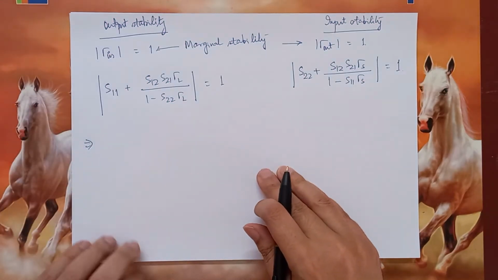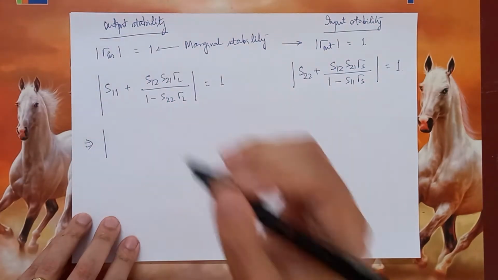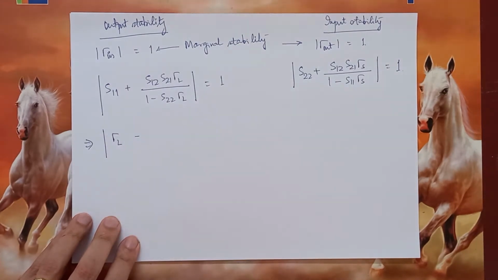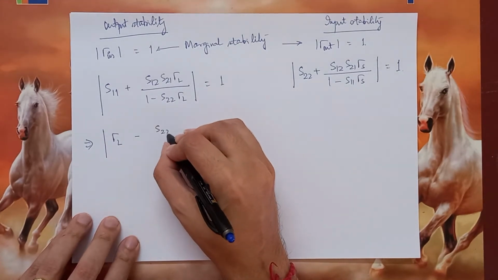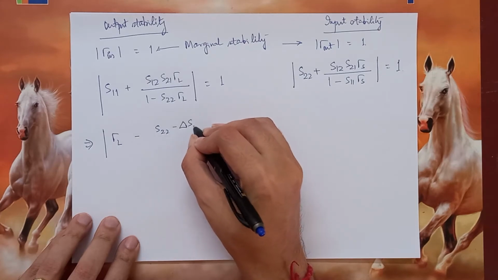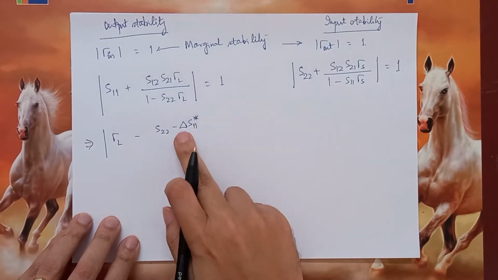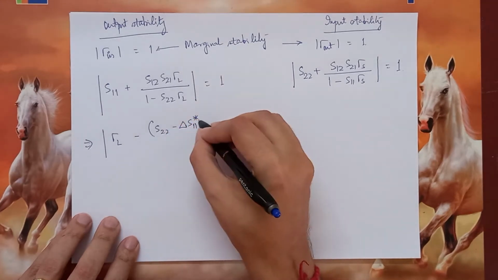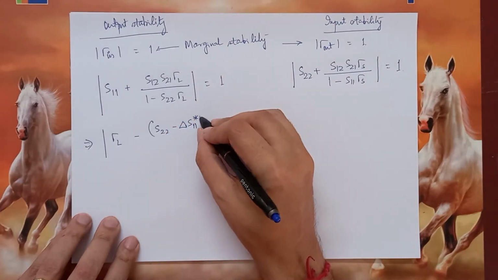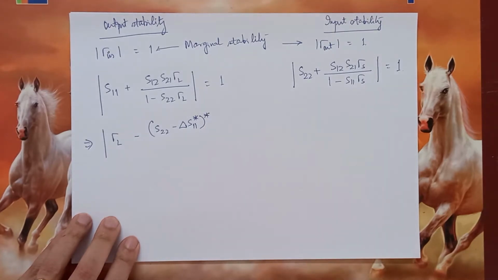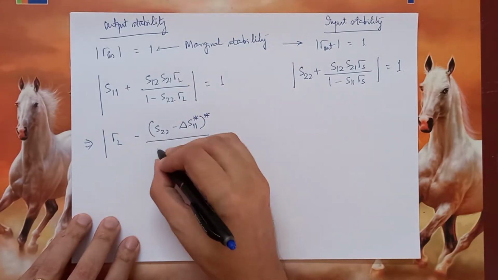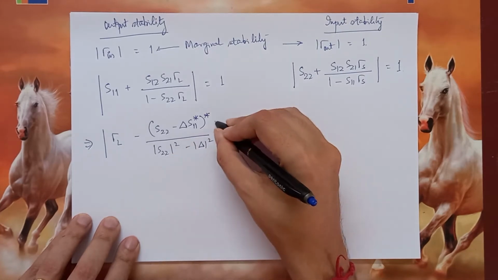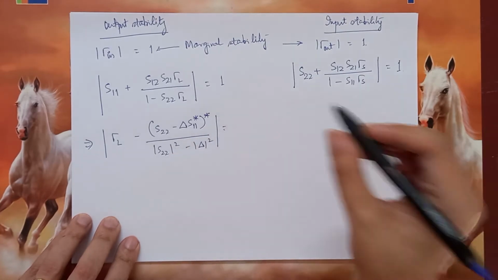Just to rearrange the terms and some manipulation further, what is seen is gamma L minus S22 minus delta times S11 conjugate, where delta is the determinant of the S matrix at that frequency of the amplifier, the whole conjugate divided by mod of S22 square minus mod of delta square, whole mod, is equal to